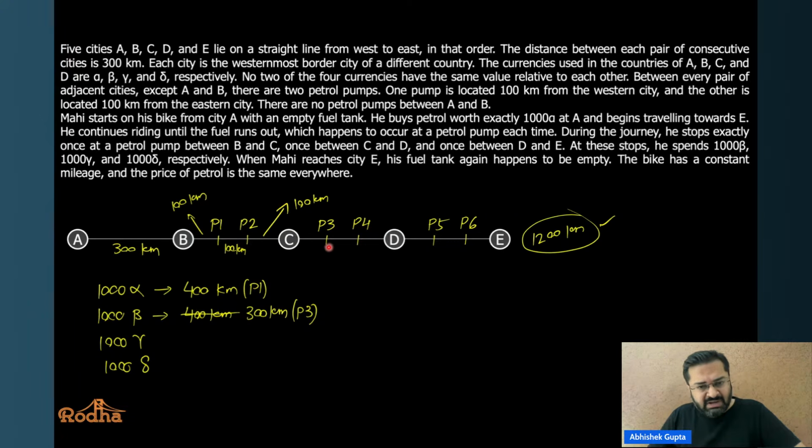Now where does he need to reach? He needs to reach E from P3. Fine. So after P3, where can he stop? Either P5 or P6. अब देखो अगर वो P5 पे रुकेगा, this would be how much? 1, 2, 3. This is another 300 kilometers. Can you see this? अगर यहाँ आप देखोगे यहाँ पर अगर he stops at this thing, ये कितना हो जाएगा यहाँ पर? This would be 1, 2, 3.